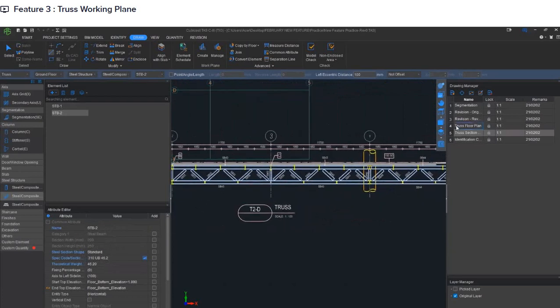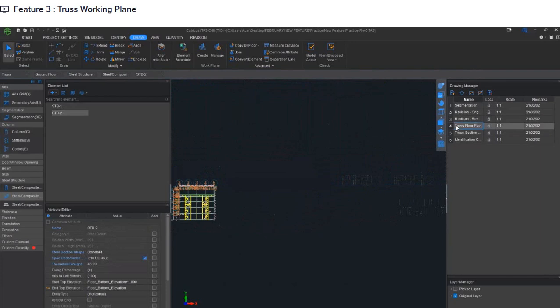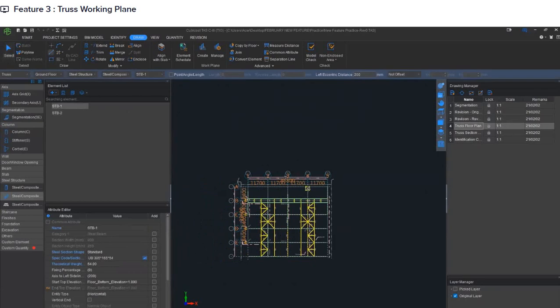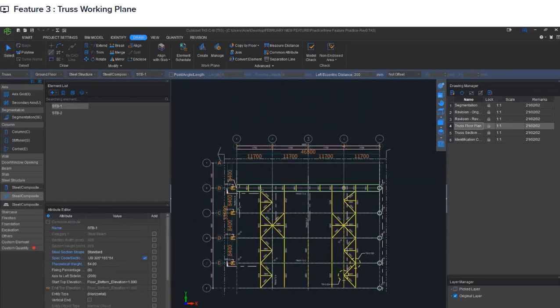Let me show you first how to do it in a traditional way, and we will compare how efficient the working plane is compared to the traditional way. In the traditional way, I'll switch to the top and bottom chord. The first thing I will do is check the elevation. We will start with elevation 0.0, and draw the STB-01, the bottom chord